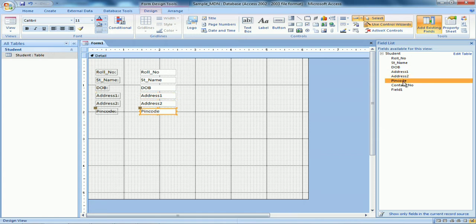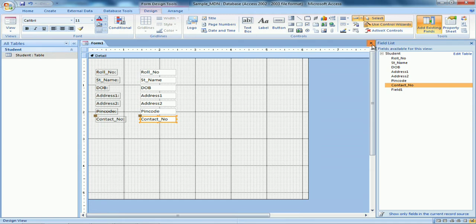So one by one I will double click and place it on the form. This is how I placed my fields in the form design.